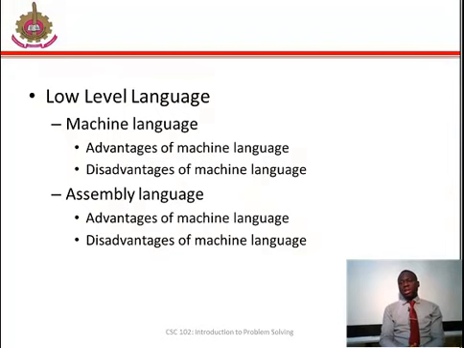Just as you have seen the disadvantages of machine language, the assembly language also has its own disadvantages. Some of these are: one, it is cumbersome in usage. Number two, assembly language has a one-to-one relationship with machine language, meaning that one assembly language instruction is translated into one machine language instruction. This process leads to long program preparation time. Number three, assembly language is machine dependent, just like the machine language.